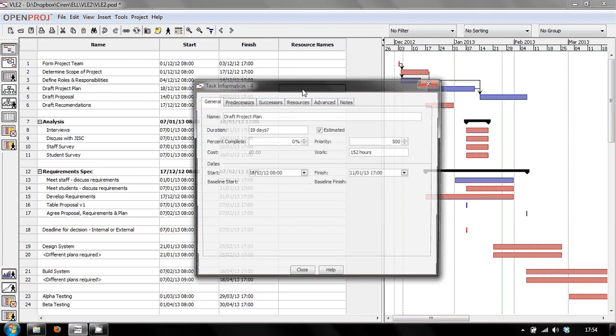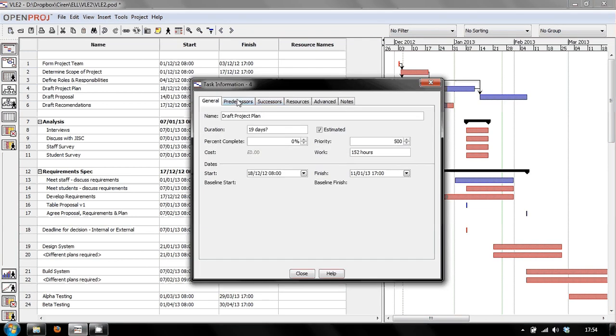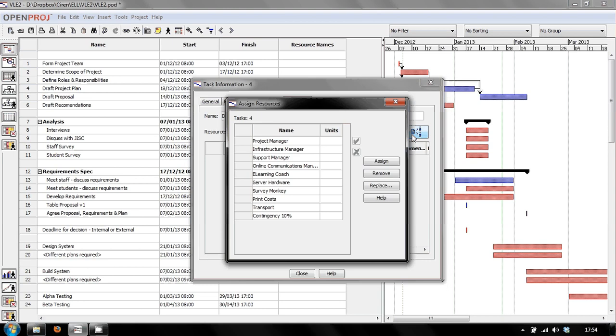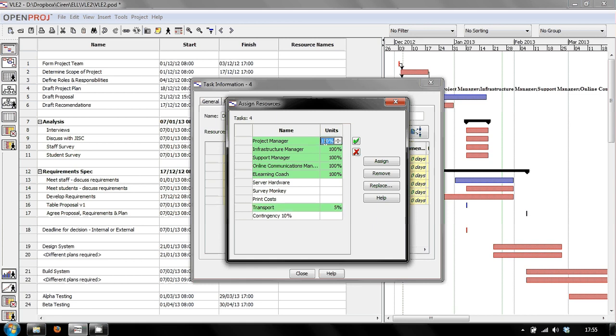So if I double click on this, and then I go to predecessors, successors, resources, advanced, notes. So I go to resources, and then I click this button here. This allows me to say, drafting the project plan, which I think is the one we are doing, I forget which one it was, so it's going to use all of the people involved. There'll probably also be some transport costs, but it's not going to use 100%, it's going to use maybe 5% of our transport budget, maybe 5% of each of these. No, not 150%, that would just be silly. 5%, and that's also going to be 5%,